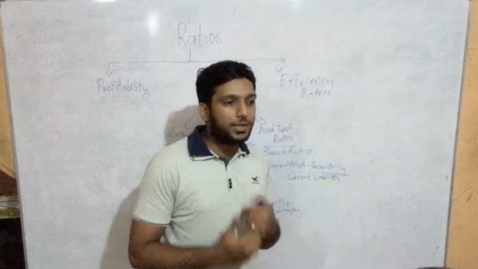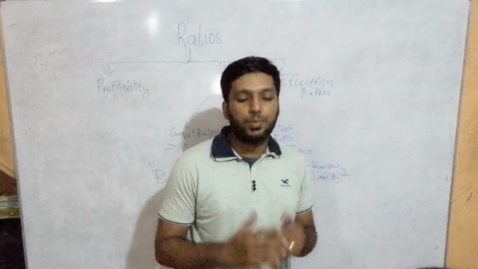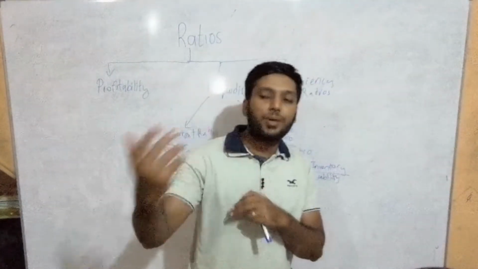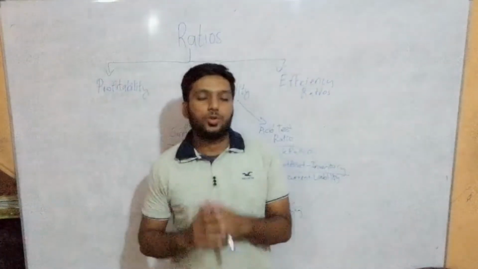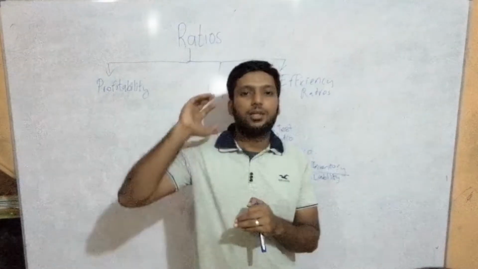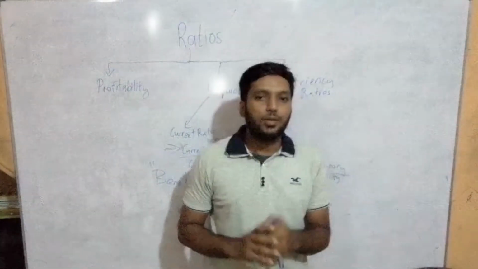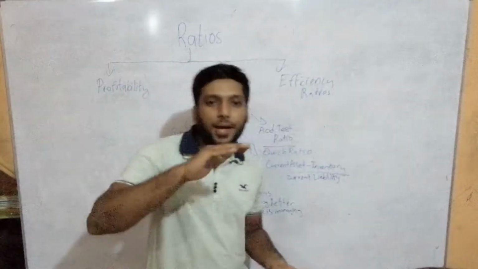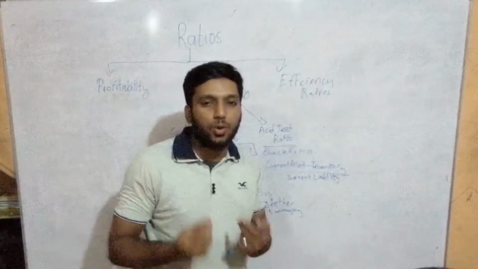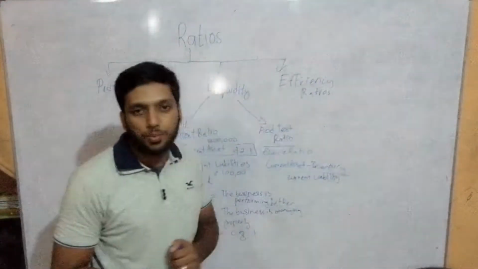You might say that I have a lot of inventories in my business, but it doesn't mean that you can pay the money as soon as possible when a credit supplier walks into your business. So you need to be able to pay the basic amount to the credit supplier with the amount you have. So that's the reason we are finding current assets minus inventory. We remove what we can't sell now, and make it fast as cash, and we divide it by current liabilities.